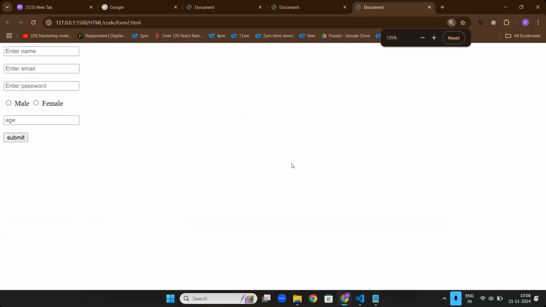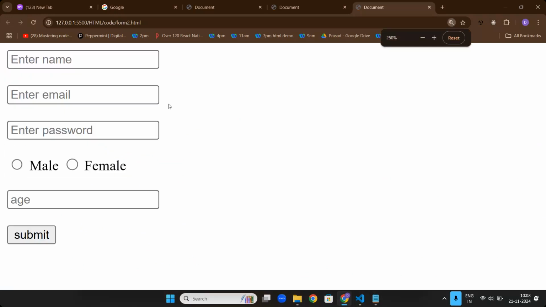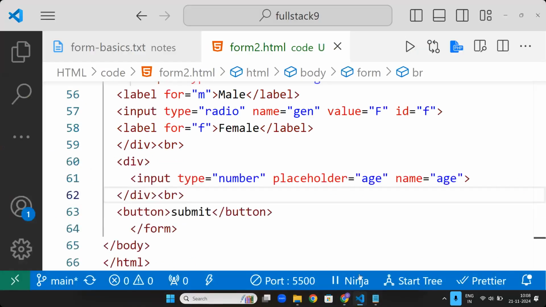This is how the forms look. Actual 100%, this is how it looks. So I'm just zooming it to show you guys. Any doubts here in this form? No. First thing, these are all inside the form which is having